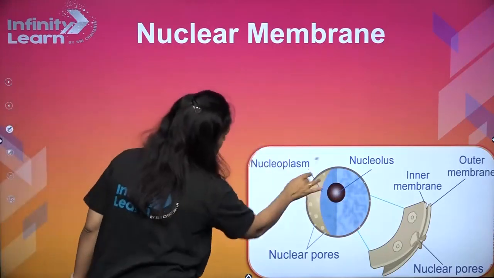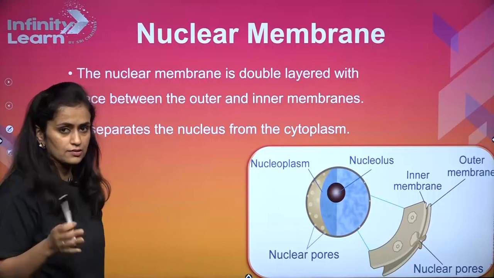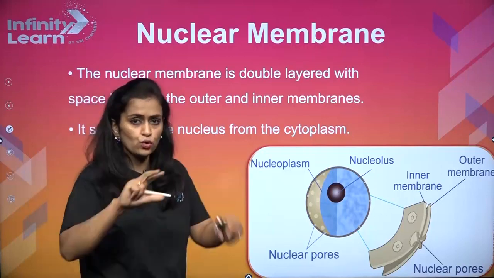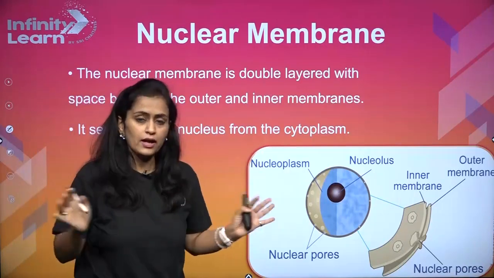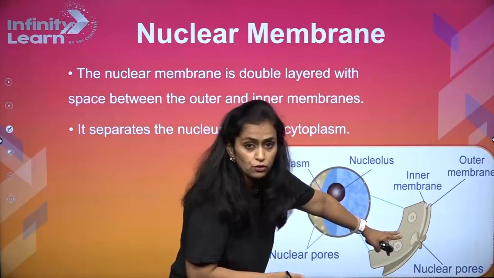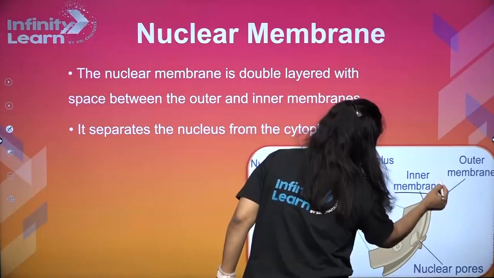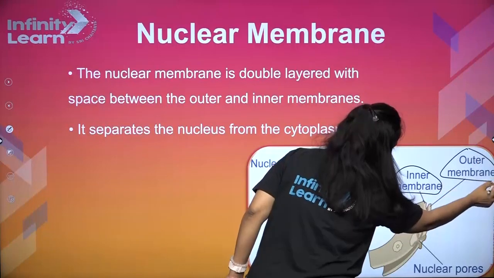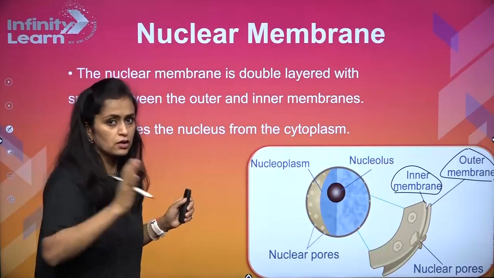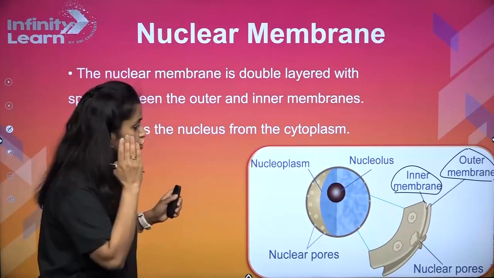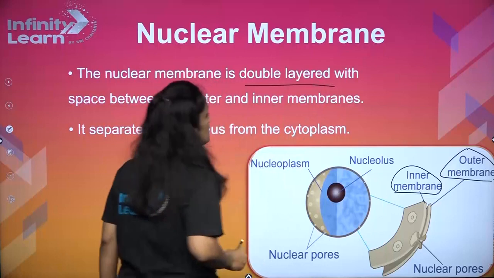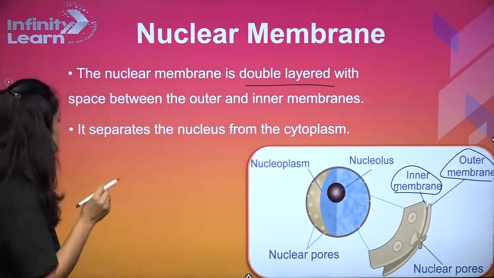Okay, nuclear membrane: what is its structure, what it is and what does it do. So nuclear membrane is a bilayer structure. So nucleus is a bilayered organelle, right? It has 2 membranes, inner membrane and outer membrane. Can you see? We have magnified it over here for you. So you have inner membrane and the outer membrane. In between these membranes, there is a gap which is called the perinuclear space. So that is also present. There's a gap in between. So it's a double layer, and there's a space between this.